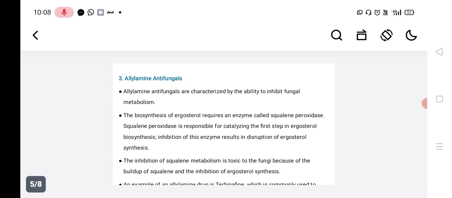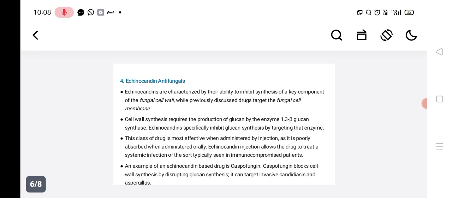The inhibition of squalene metabolism is toxic to the fungus because of the buildup of squalene and inhibition of ergosterol synthesis. The fourth classification of antifungal drug is